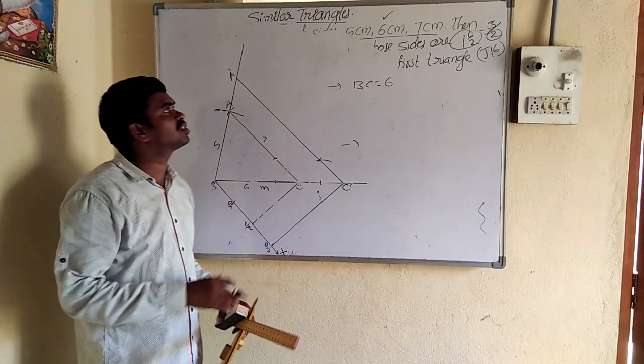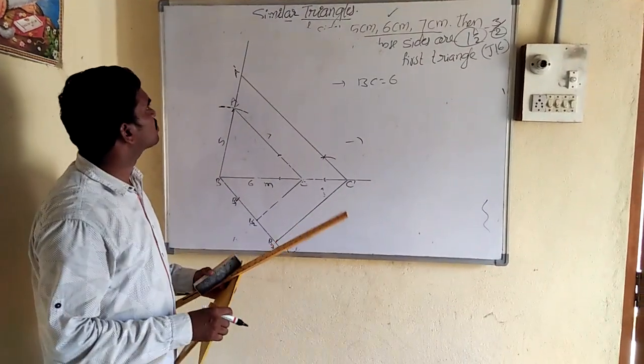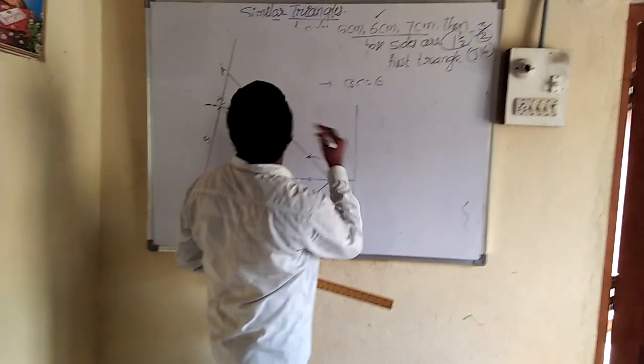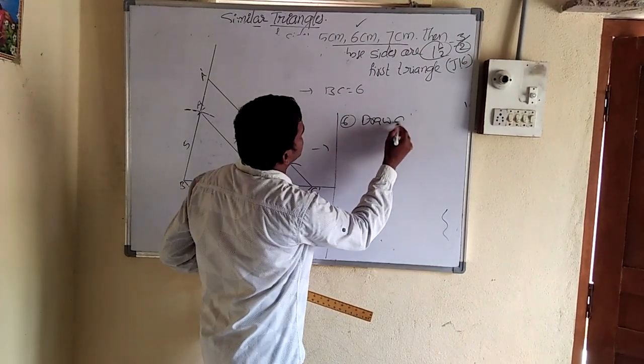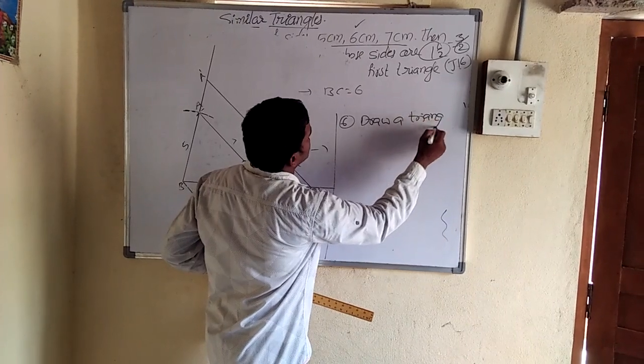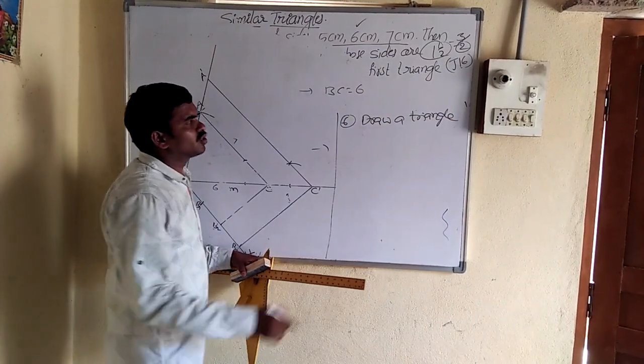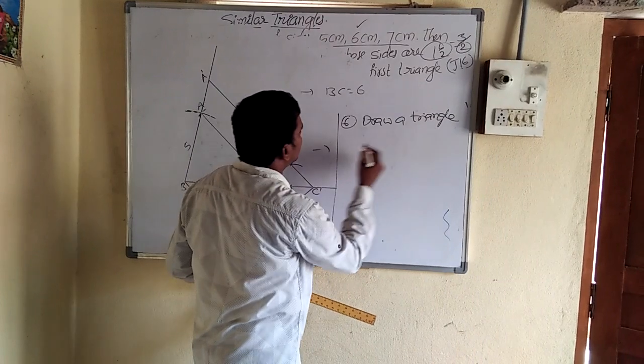I will give you one more question for your work. Okay, now 5 questions are completed. Next is 6. Draw a triangle. That is our wish. Draw a triangle. The question may be given like this, so no measurements are given. Draw a triangle and